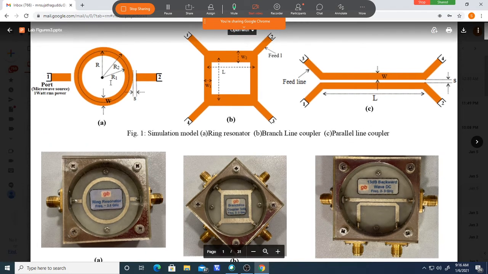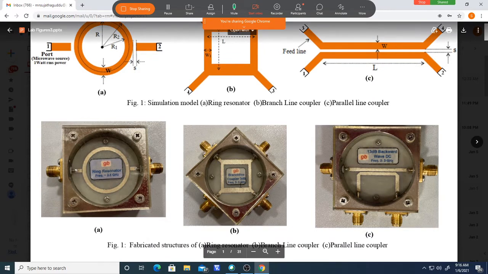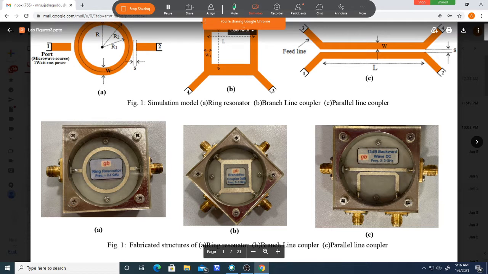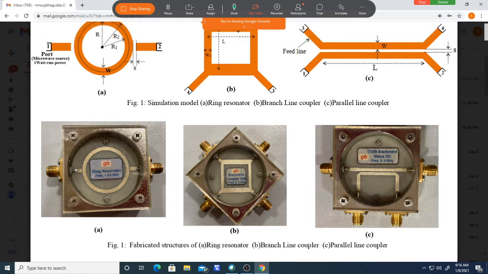But in the simulation tool you can see, if you simulate by taking S21, S31, S41 simultaneously, we are adding all the plots whatever we need and simulating. So at a time we will be getting all the plots. But practically we cannot do like that. You should measure the power coming from each port separately. So you feed the signal to port 1, connect the source to port 1. If you want to measure S21, you should read the power coming out of this port.